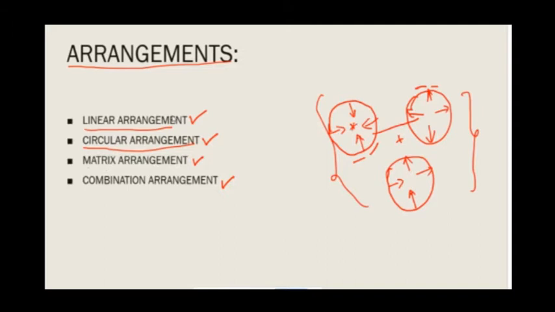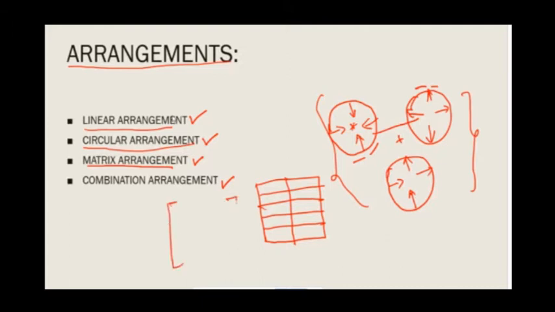Next, you have something called matrix arrangement. What is this matrix arrangement? Anything that is arranged in terms of a matrix. It could be an arrangement of the number of people in a building, or an arrangement of movies, when you have more than 3 things, more than 3 indexes, or more than 4 to 5 rows. We call these kinds of arrangements matrix arrangements. Or you can also include this matrix in the linear itself, where you have multiple rows and multiple columns.